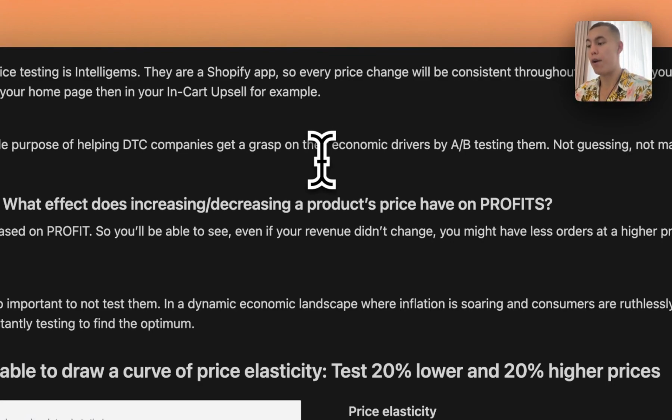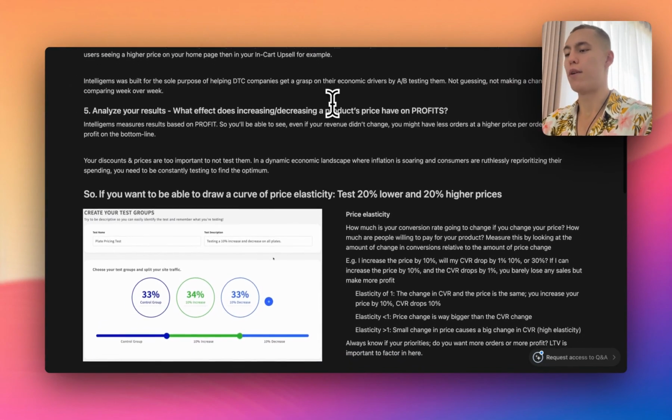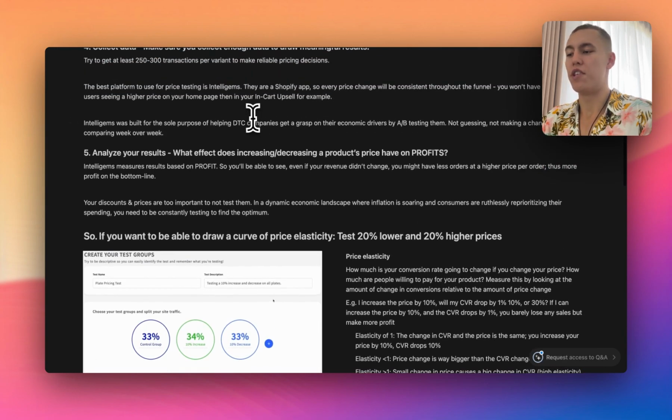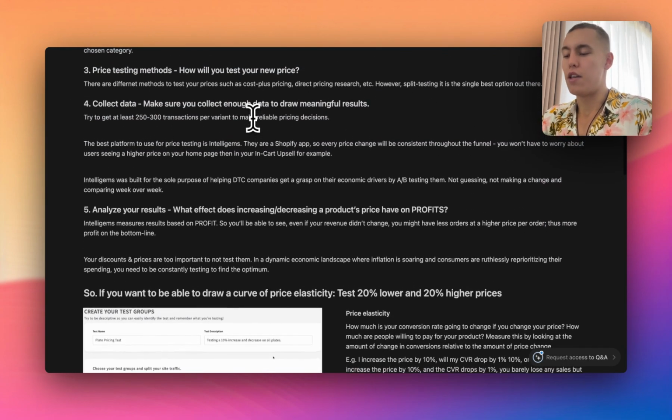And it was built for the sole purpose of helping D2C companies get a grasp of their economic drivers by A/B testing them. And the reason I'm going over split testing prices is mainly because,